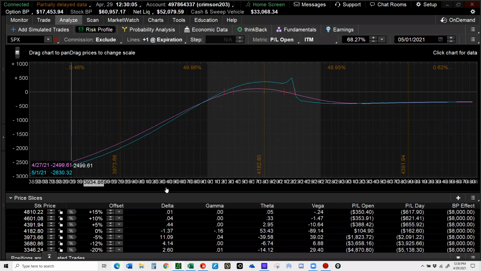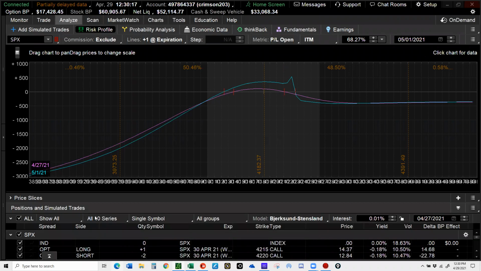So let's see what we got here. All right. Look at that. That's a humpback whale or something. Check that out. Now, first of all, we got to figure out what we got in here. All right, so let's see. All 10 series, single symbol, all groups. Okay, so it looks like it's got all of my stuff in here, and it's showing